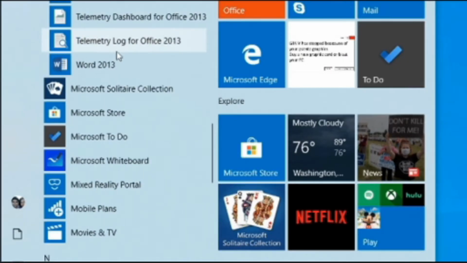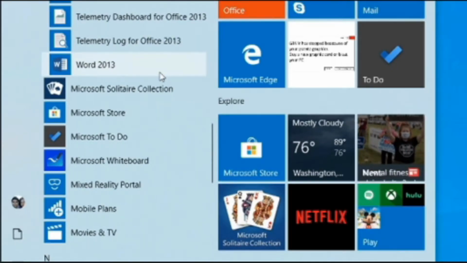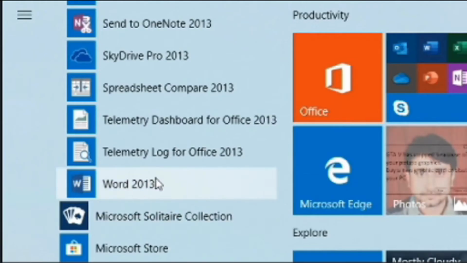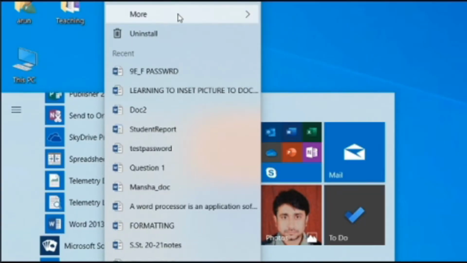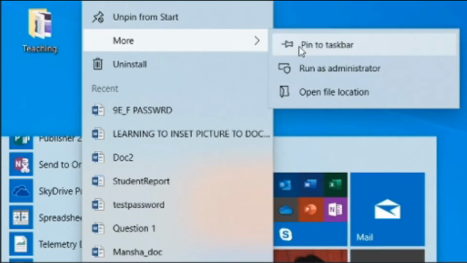Now children, one more thing. This is the traditional step which we have been following for years. Here also we can make our work easier. How? You can always pin the application programs which you frequently use to the taskbar. For that you first select the file, then right click. As you right click, this type of option will appear. So here, from the more option,